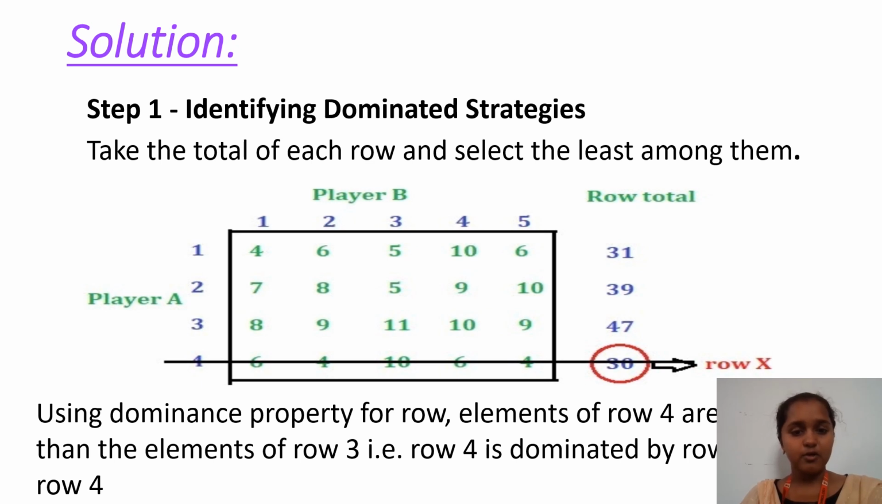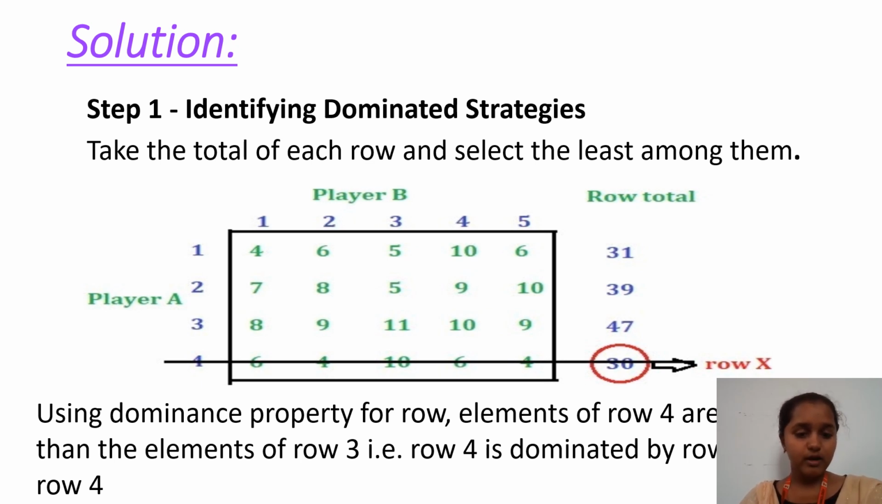The solution is followed step by step, and the first step is identifying dominated strategies. Take the total of each row and select the least among them. First we have to calculate the sum of the values in each row, and write it on the right side, that is, row total. For example, 4 plus 6 plus 5 plus 10 plus 6 is total 31. Similarly, all rows are calculated, then we find the fourth row total is the least,